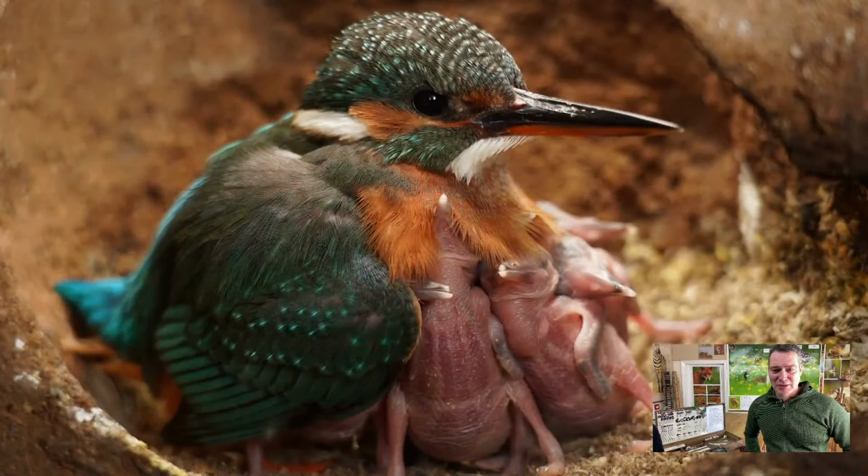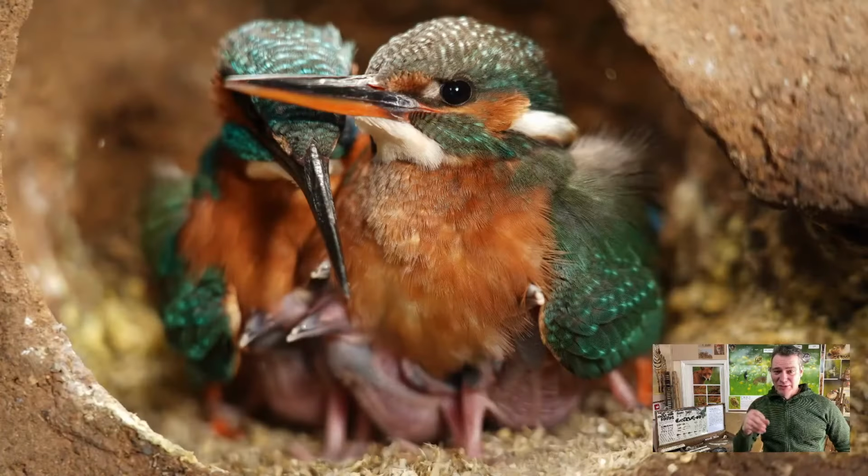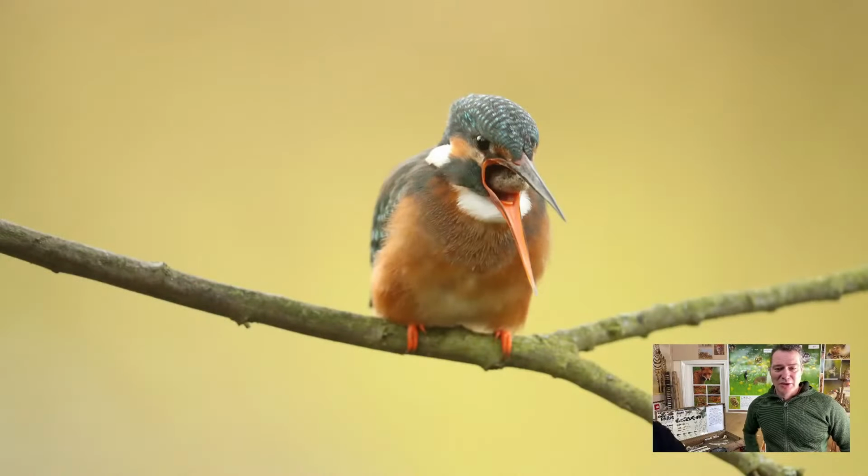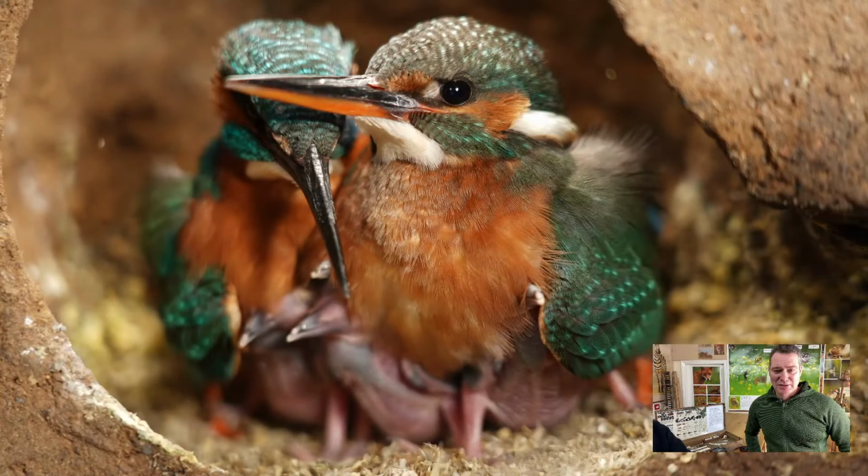But this is really important material to the kingfisher, so they'll actually start, they'll dig the nest chamber, or in this case this is a nest chamber I've made, so if we just hold it there for a minute, Will. These are really important, so they'll actually start lining the nest with pellets before they actually lay eggs. So there'll be a bed of pellets before they start laying eggs, and this is to keep the eggs off